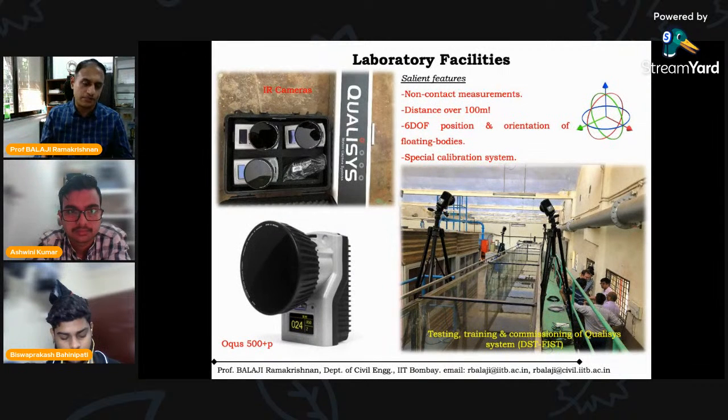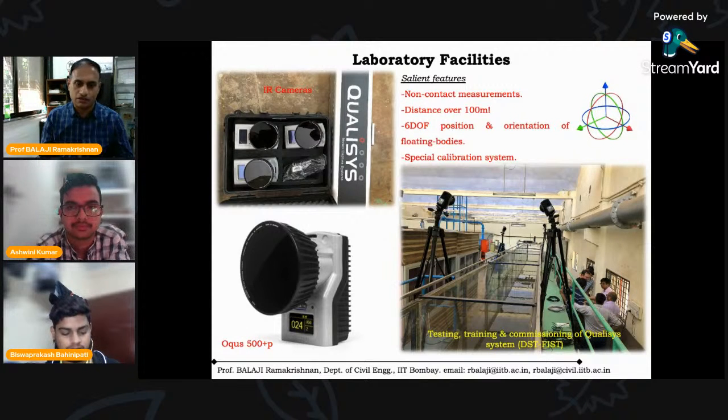open ocean, or for example in the testing tank, then you have of course some kind of conventional way of measuring the displacement, maybe using an accelerometer or a displacement sensor and so on. But any of these sensors have to be put inside the floating body itself. Usually the model size will be very small in the testing tank, like our physical model facilities. And addition of any weight, sensors, cables, and all that may affect the motion behavior of the floating body